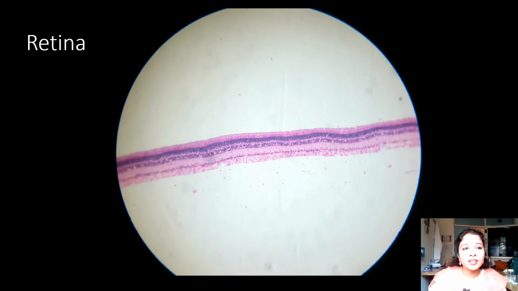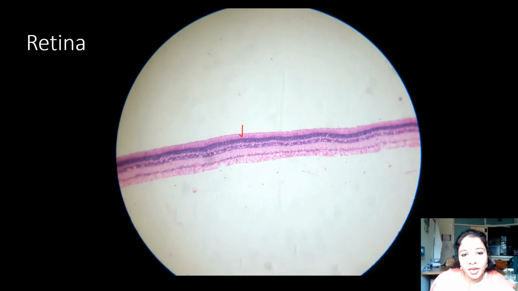So the retina is identified by so many layers here. The retina consists of laminae. There are 10 layers present in the retina. With 10x magnification, you can identify it easily because it has well differentiated layers. We can discuss all the layers in higher magnification, but at 10x magnification, what we can identify is